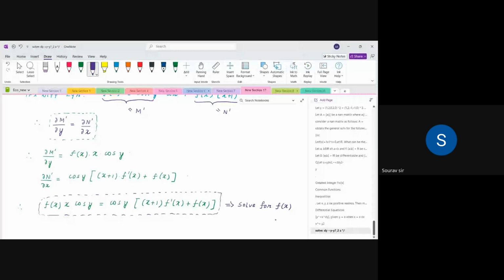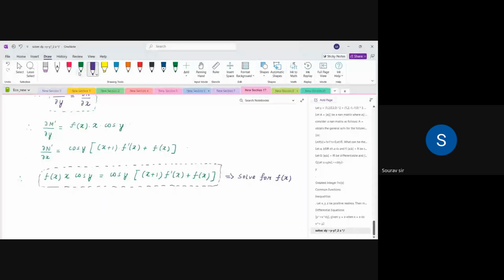So if we start to work this out, your cos y's will cancel out, so you'll have f(x) into x is equal to (x plus 1) f dash x plus f(x),